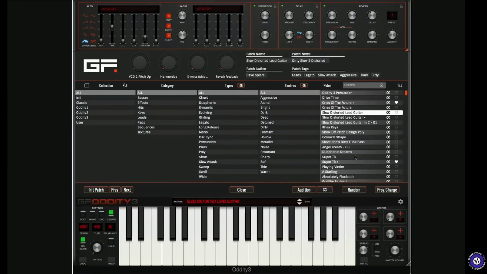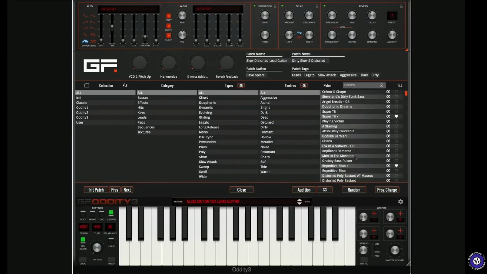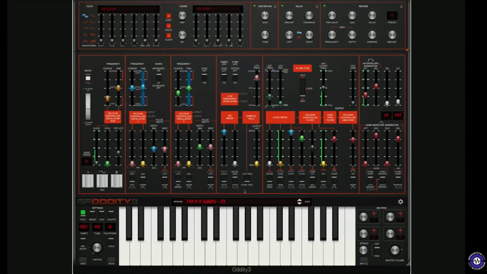I mean, obviously, we've got the usual suspects in there. There is somewhere, actually, this one might make a few people laugh. No prizes for guessing what this is. Fox in a